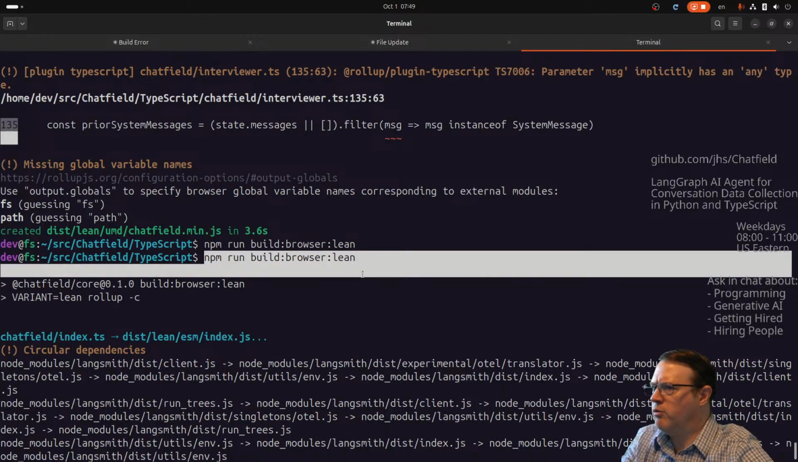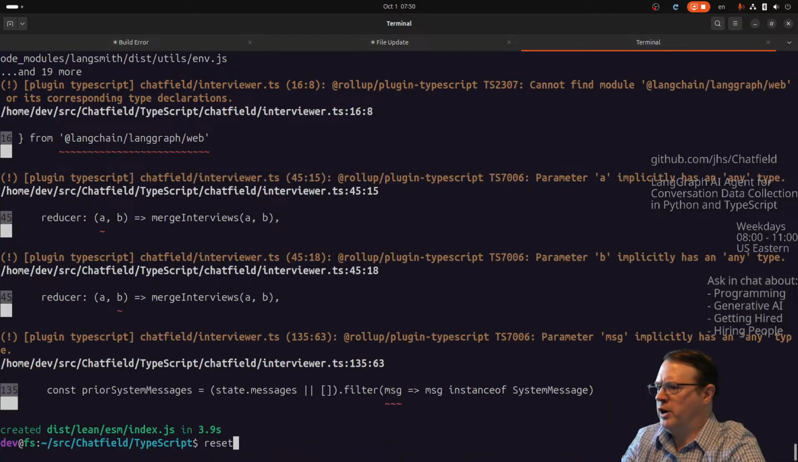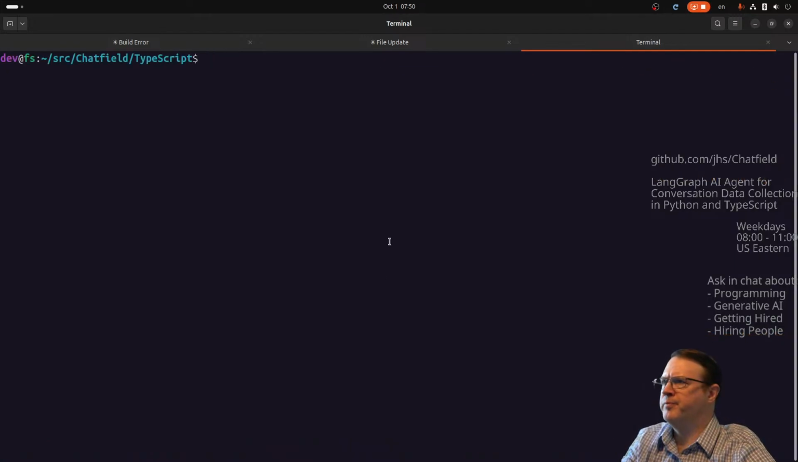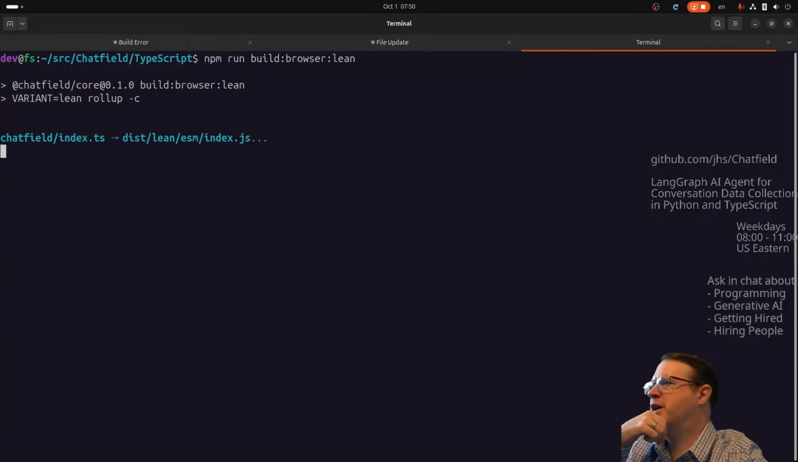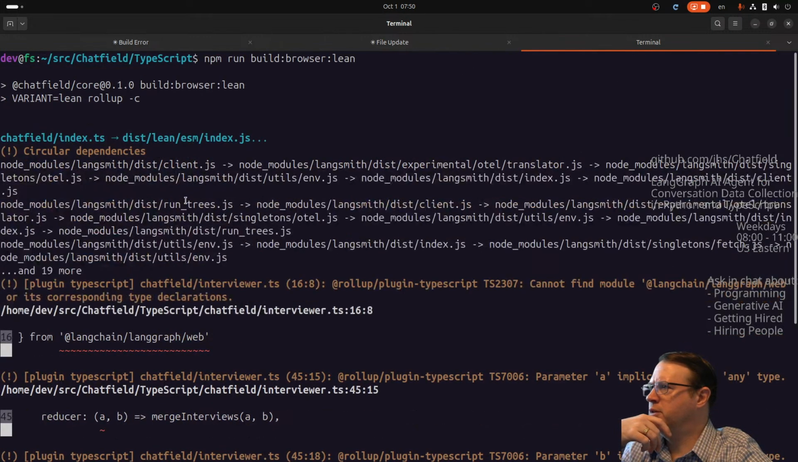Good. So here I run it, right? If I reset the screen, so now I can't scroll up anymore, and I run it. So it's just very small. Very small output. That's it right there. That's all of it. Okay. So